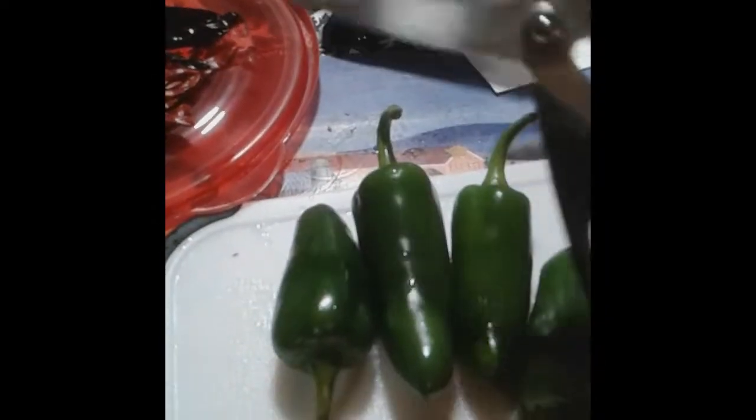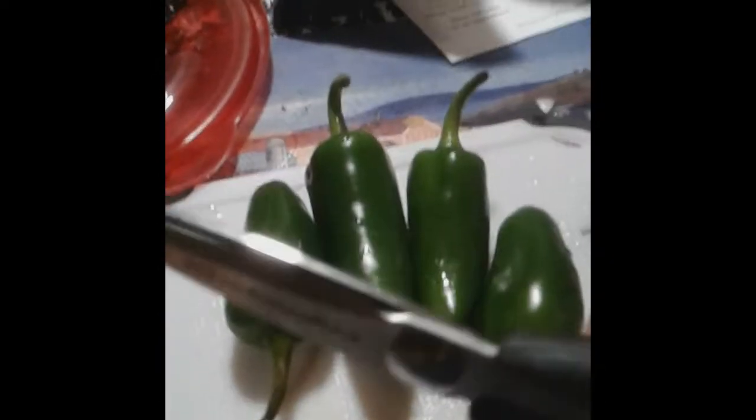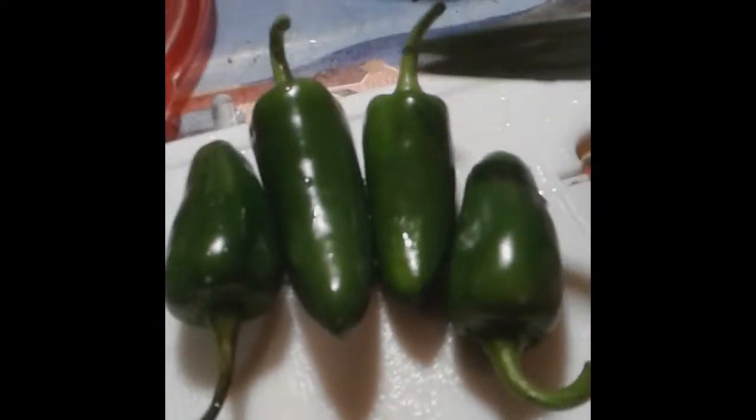Obviously, I'm going to use some kitchen shears. These are really good for cutting peppers because they make that nice little round shape. Obviously, cut the stems off of the ones that have stems, but I didn't need to tell you that. You're smart. So you're going to want to cook the onions first thing, like I said, because you want to